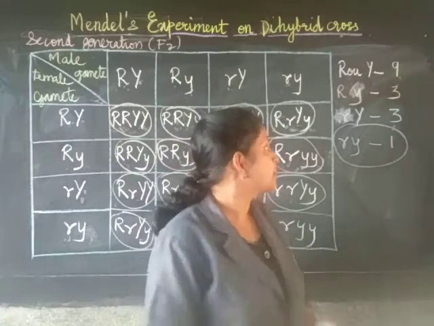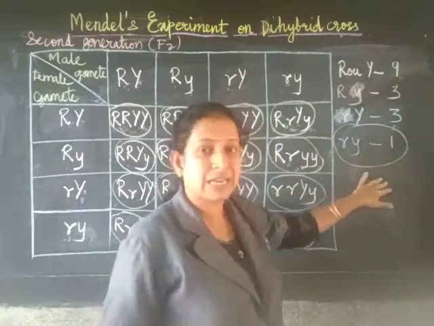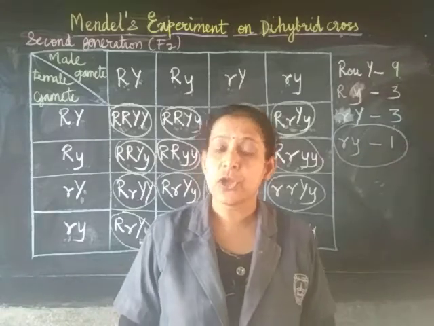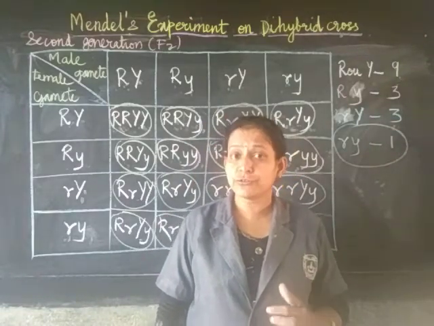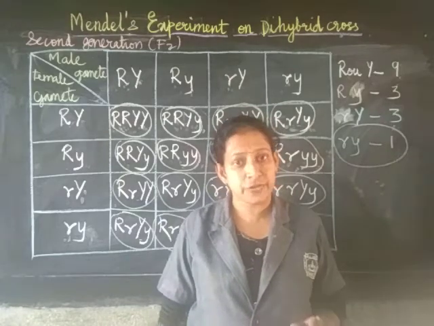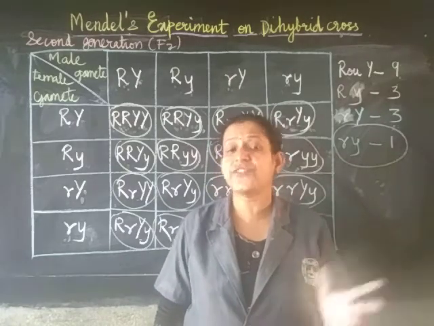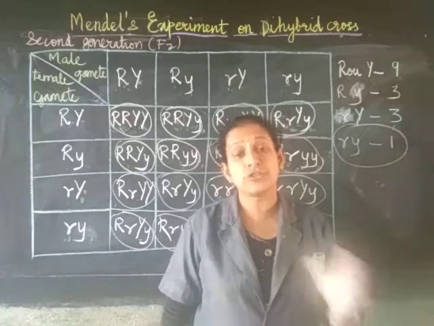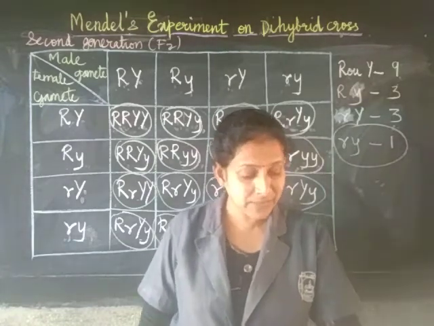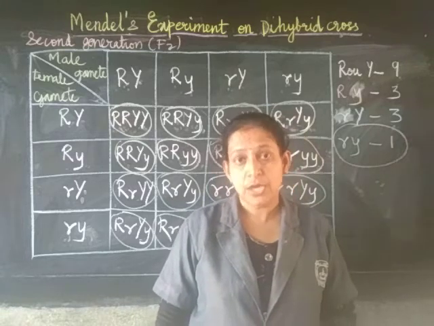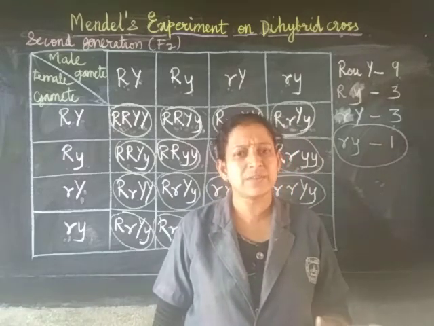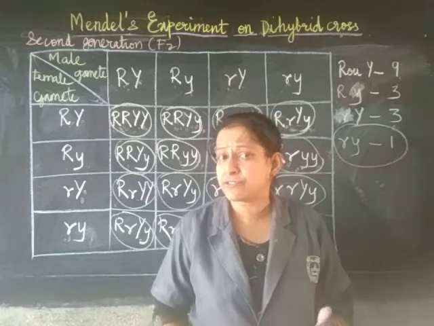So like that, this was only the phenotypic ratio, that means outer appearance. Like that even you can find out the genotypic ratio. So what you need to do is that it is your homework for today that you are going to find out the different genotypic ratio. Genotypic ratios, it is given on page number 187 as use your brain power. Though it is cancelled from your syllabus, just like a fun activity you do it.